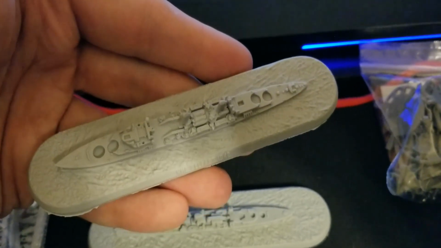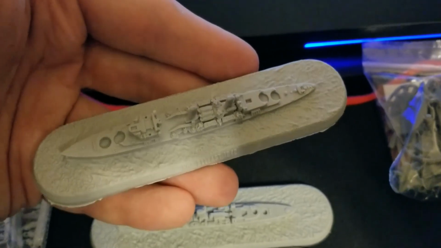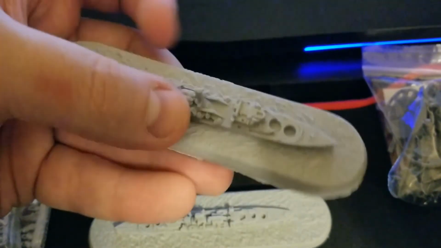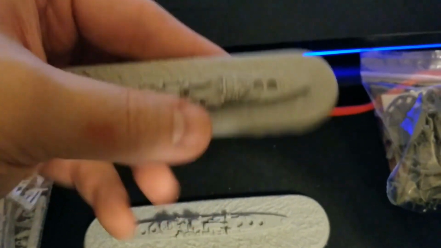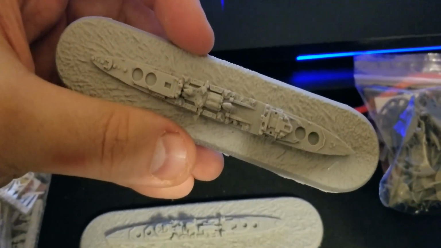This is the good resin. So as you can see, everything just seems nicer and more crisp. Again, all the turret rings, secondary guns, all that stuff, very well defined, even life rafts and stuff. So this is the Edinburgh class cruiser. Again, British, at least so far, mainly light cruisers in this starter set, but again, they're all pretty well,